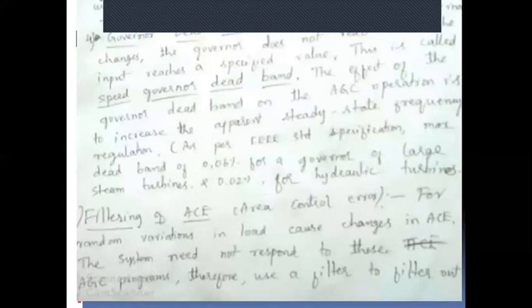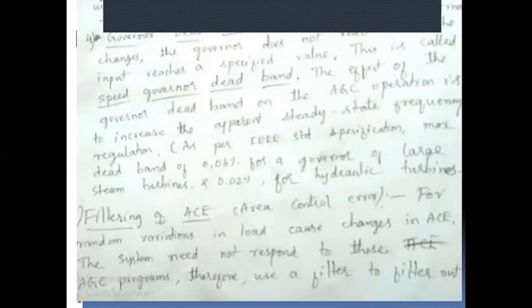This value should be small so that the speed governor should act fast and respond to the change in the system. So we have one more issue, that is with respect to ACE, the area control error: filtering of area control error. It is seen that the system need not respond to the automatic generation control programs. See, we use a filter. It should not respond to random change. What the filter will do is smooth out the area control error action.